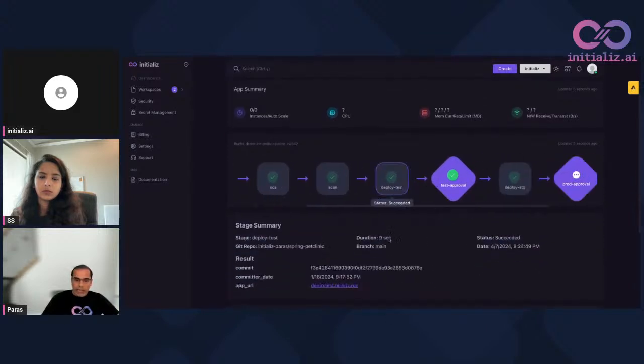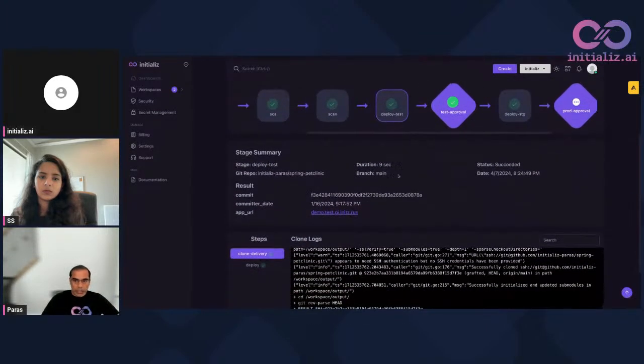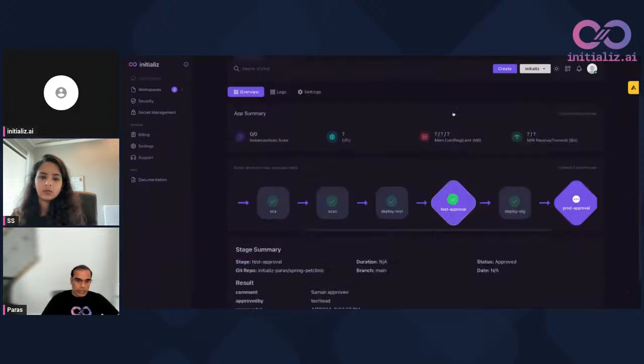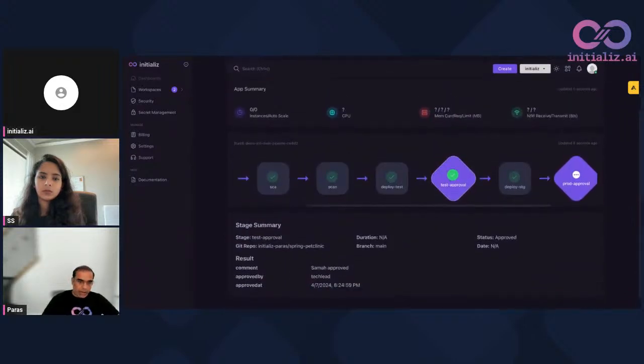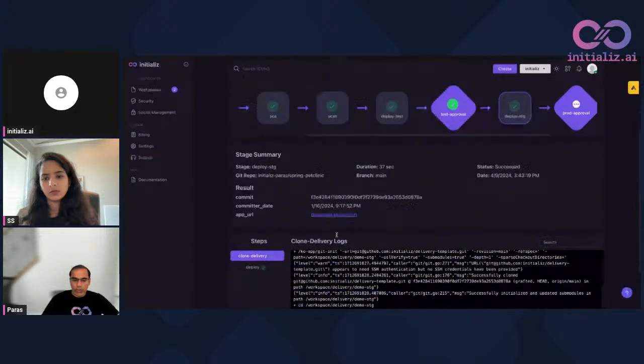Once I have my deployment done into the test, I can come into the test approval. This is a stage where, after the testing, I can have all the details saying what the testing results were and everything. I can click onto the approval stage. It goes and approves the test with all the audit information here, and then goes and deploys onto the stage